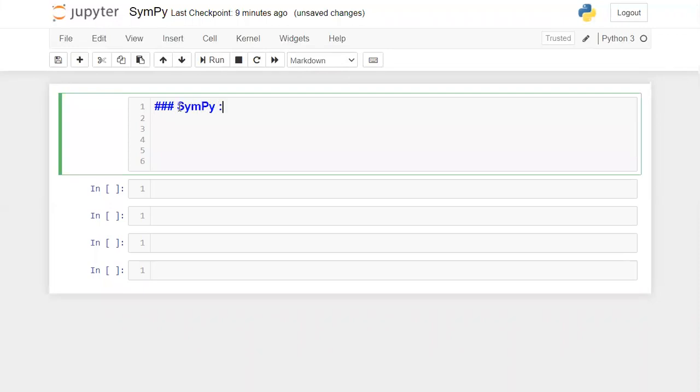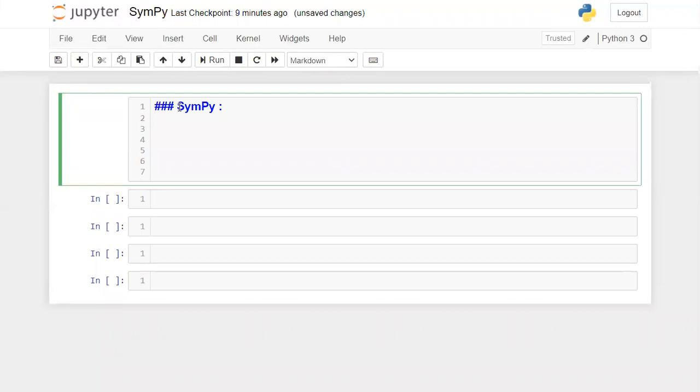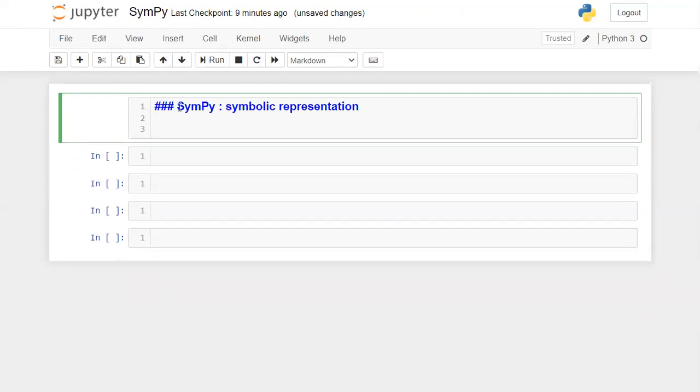So what is SymPy and what is the main advantage of using SymPy in your programming? Its name is indicating it. SymPy is nothing but symbolic representation. Whenever you want to represent anything symbolically, you can go with this package called SymPy.